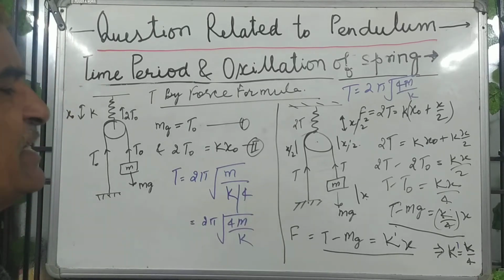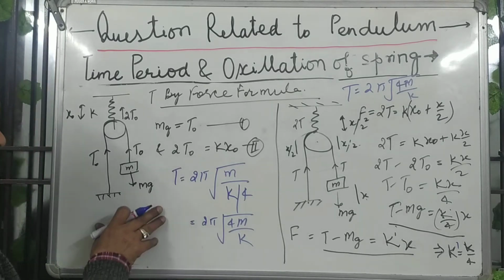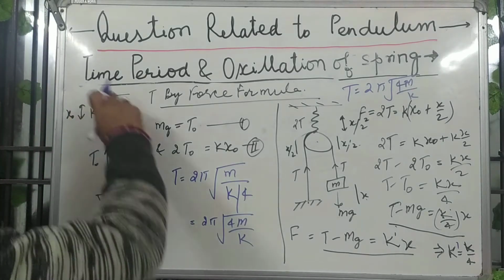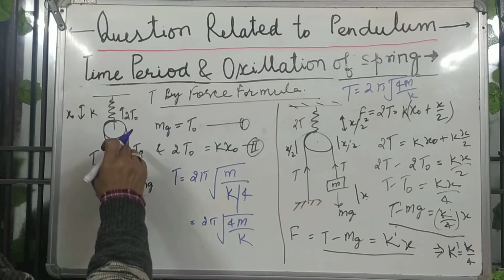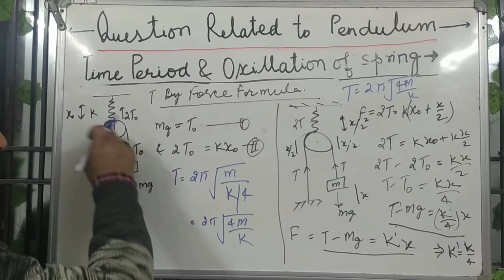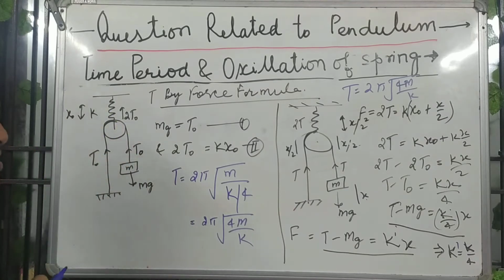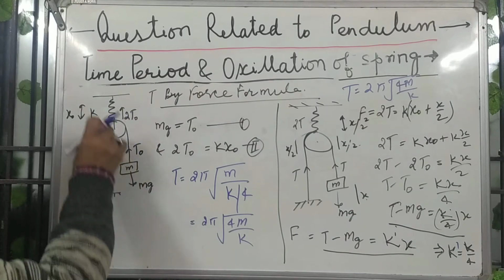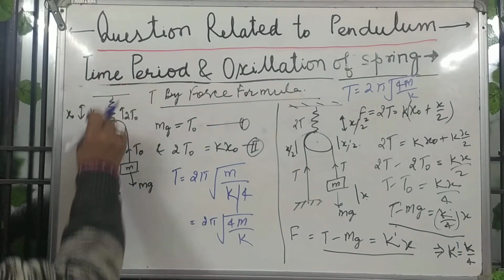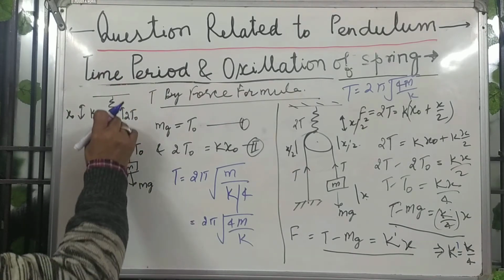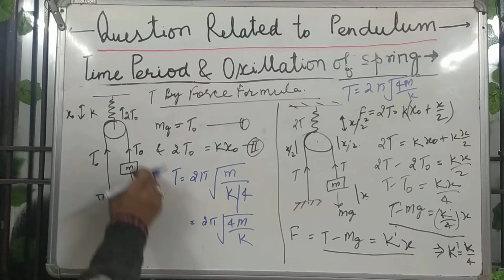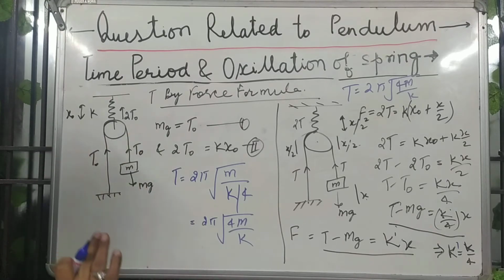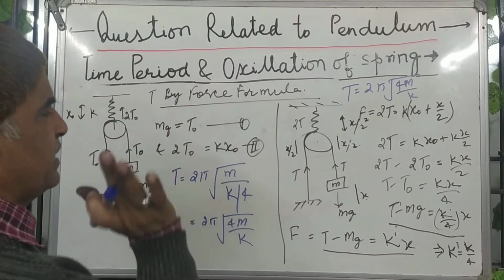So what is the importance of this? It is very important because in this operation, first in the equilibrium state, the tension in the wire will be the same, T naught, T naught. This knowledge you are getting. Downwards twice T naught, upward twice T naught, so total twice T naught. This is in the equilibrium state, mg equals T naught. So this knowledge you are getting.